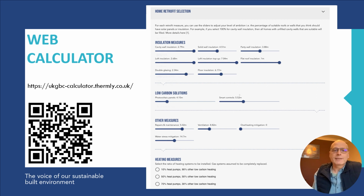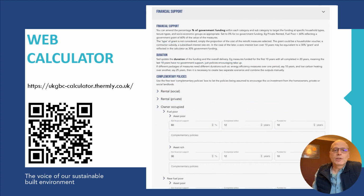The next stage is to think about, so you've been playing Secretary of State, and the next stage you're effectively being the Chancellor. How much are you wanting the government to subsidise, to grant support those measures into different